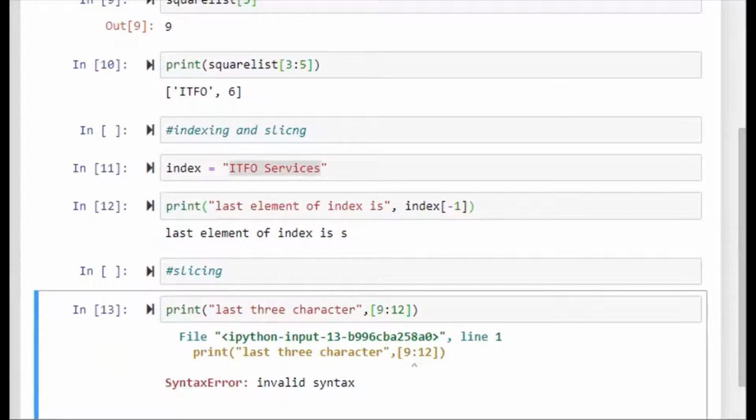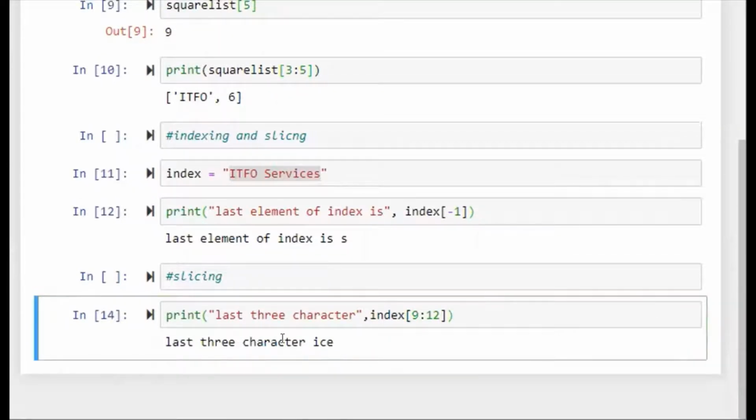I think we did not use the index word. So now we start again. The last three characters are ICE. If we put 13 here, then it will show the last 4 characters. So these are the different commands for indexing and slicing.